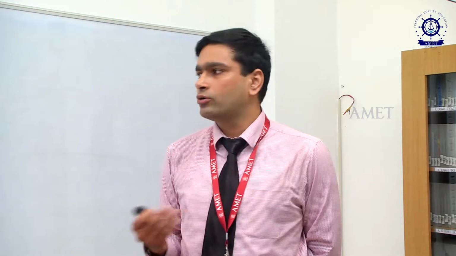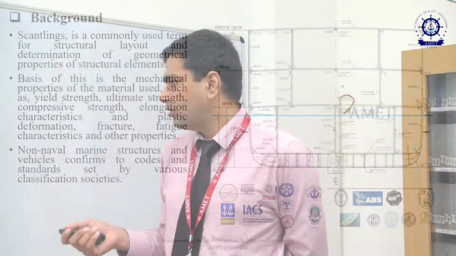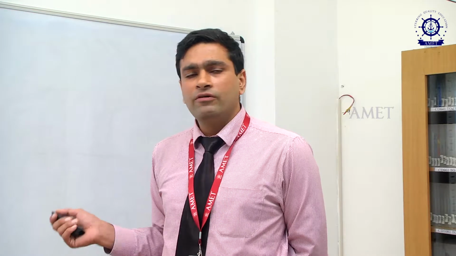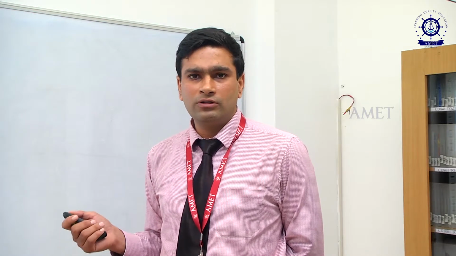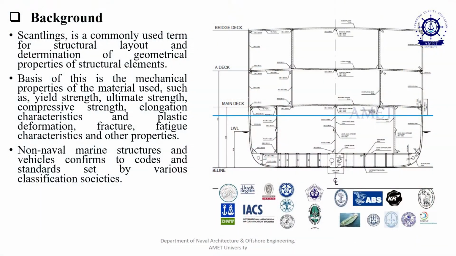These classification societies might have been covered in your earlier courses of fundamentals of naval architecture, and why they are important. As you can see in the slide, there are some names given here, and all of these names are of classification societies, which are members of the International Association of Classification Societies, which give the codes and standards for all the ships, offshore structures and marine structures,